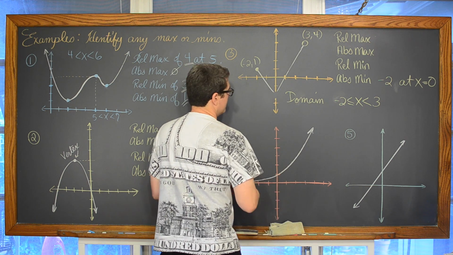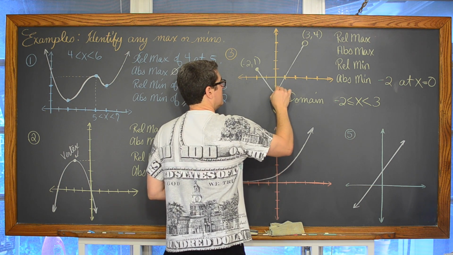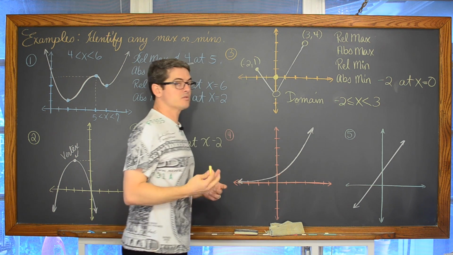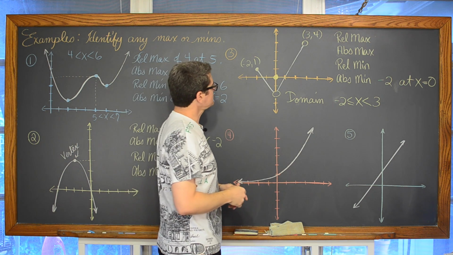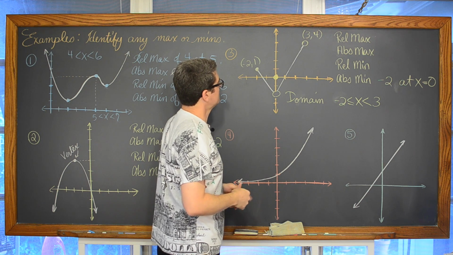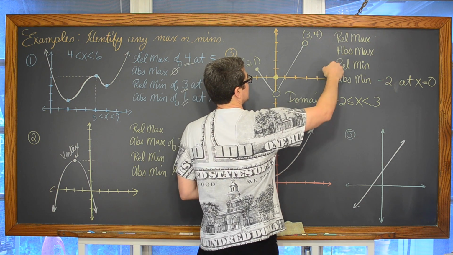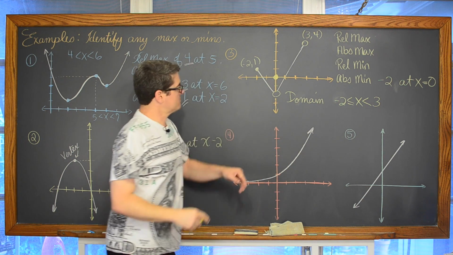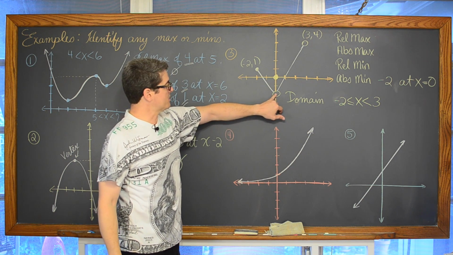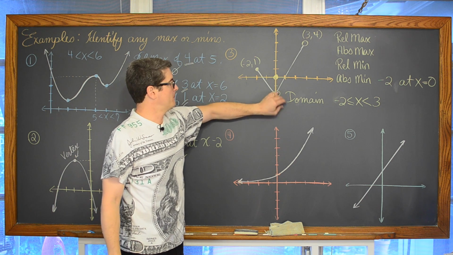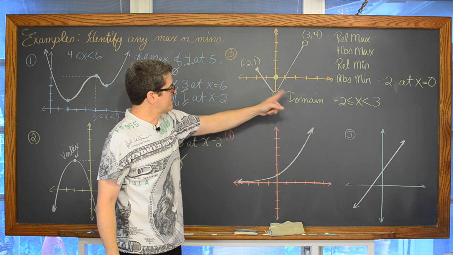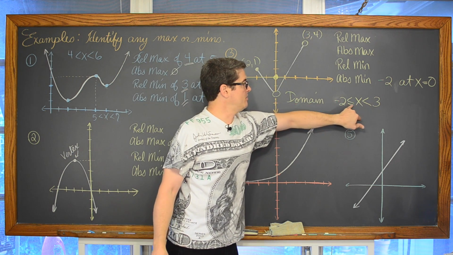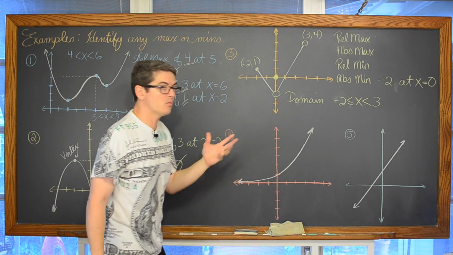Now, if I come up here and mess with this a little bit more, and I make that an open dot, and then maybe I put a dot right there, so now the domain is, let's leave that open. Now, if I put an open dot where there was one at the sharp bend and put it up here, my domain is still going to be from -2 to 3, with an equal sign and an open inequality.